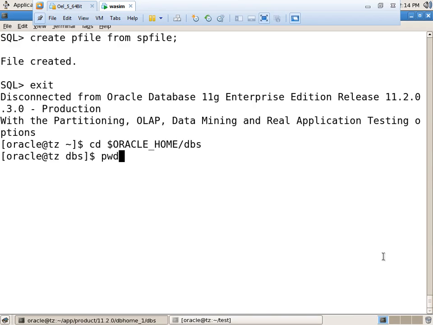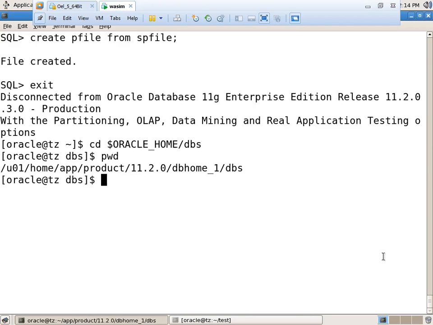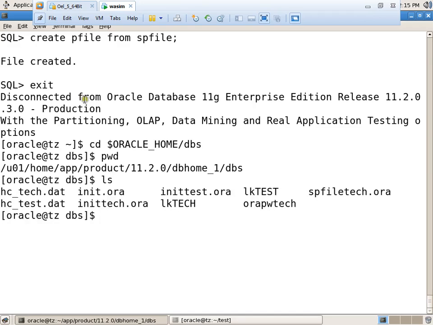See, this is the Oracle Home DBS, right? Here we can check through the ls command. See, this is the P file, right? This is the SP file. Okay?